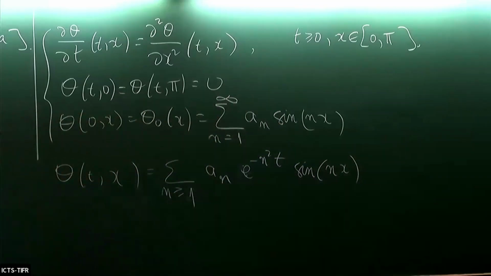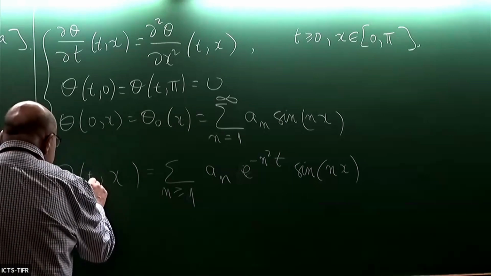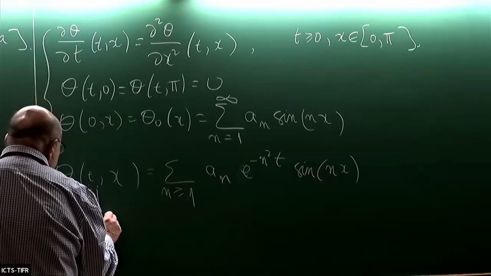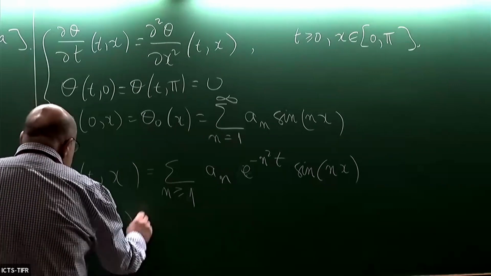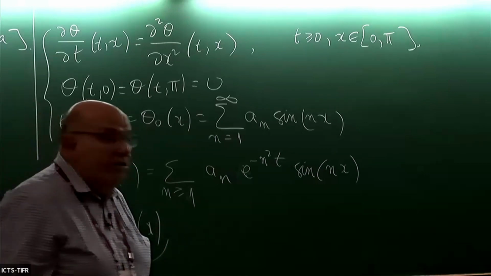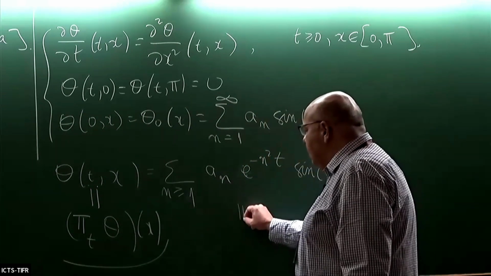And this object I can denote by T(t) of theta 0, evaluated at point x. So this will be a semigroup, the heat semigroup, given by this formula, and which will